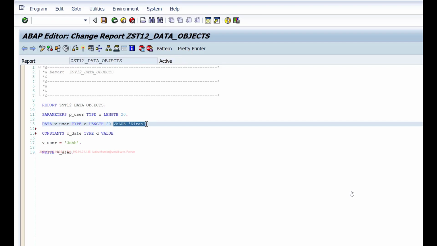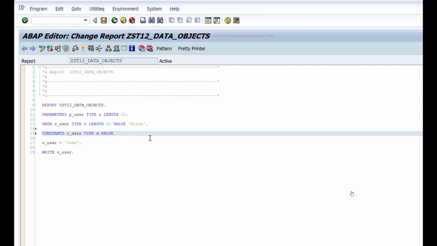If you want, you can assign a default value, but it's not mandatory. Whereas for constants, it is mandatory that while declaring itself, you assign a value. So you have to always use this value addition to assign a value to the constant. So I'll say c underscore date type d value, and I can say 2017 01 01, YYYYMMDD.